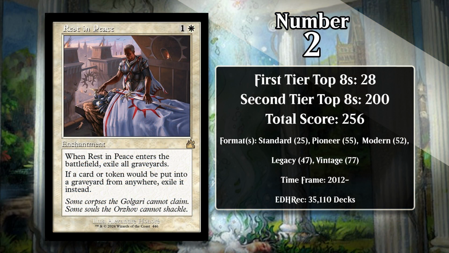At number 2, it's Rest in Peace. For 1 generic and a white, it's an enchantment that exiles all cards from all graveyards, and it prevents cards or tokens from entering the graveyard from anywhere. Upon being printed, Rest in Peace became one of the best graveyard hate pieces around, and this has resulted in it being heavily sideboarded in all the formats it's ever been legal in, to the point that it has more than 250 points. It's going to keep gaining points, but it's never going to catch the number 1 card on the list, which is